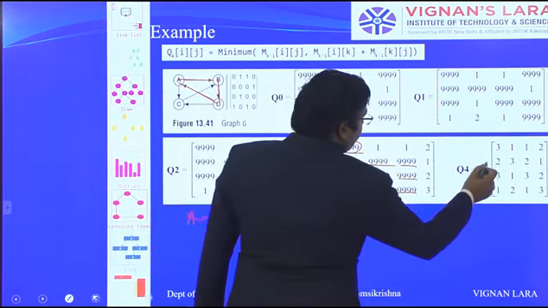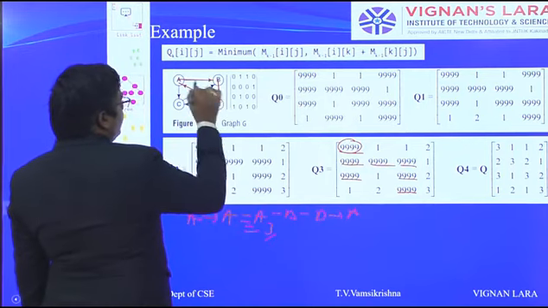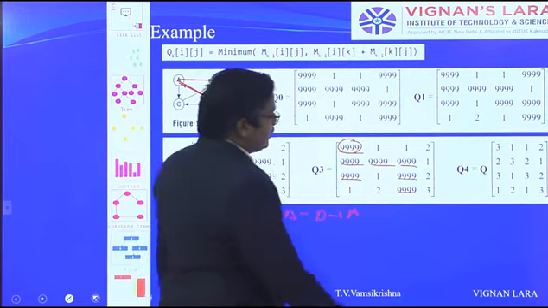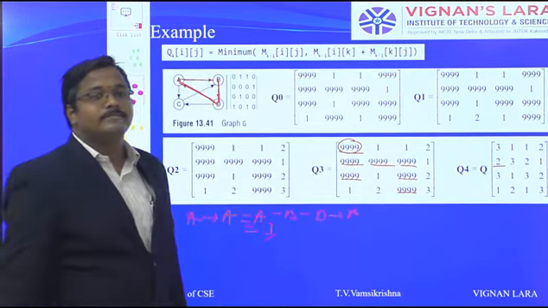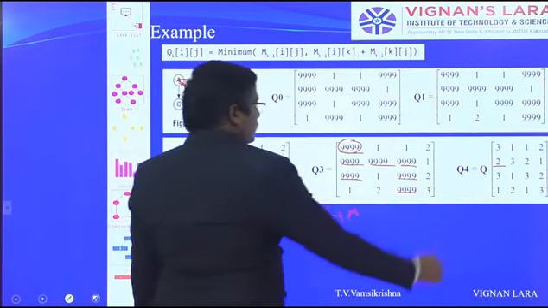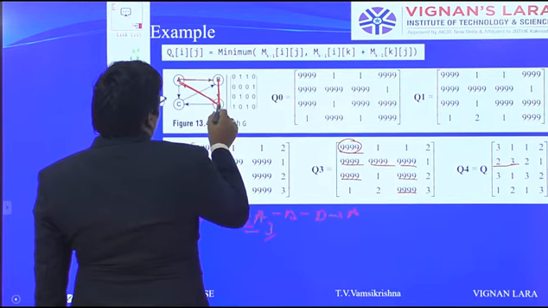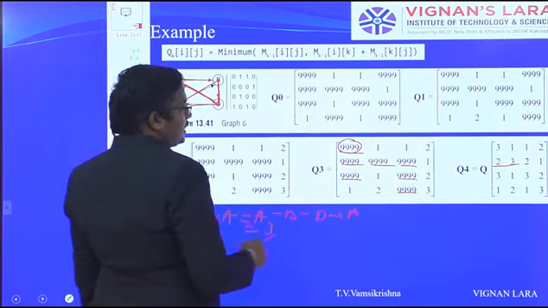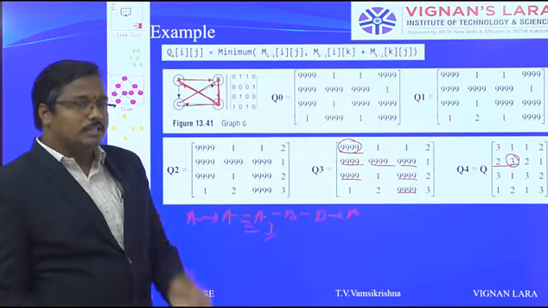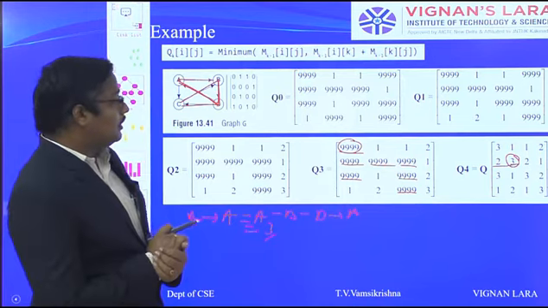Similarly, here B to A, actually B to A there is no edge, but right now B to D is an edge, D to A is also an edge. That's why here updated as 2. Next, similarly B to B. So B to D is an edge, D to C is an edge, C to B is an edge. That's why here updated as 3. Means in this situation we are considering D also as a via vertex.